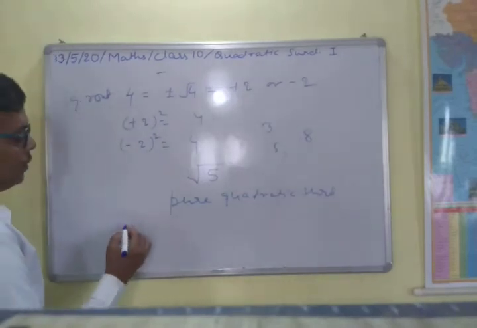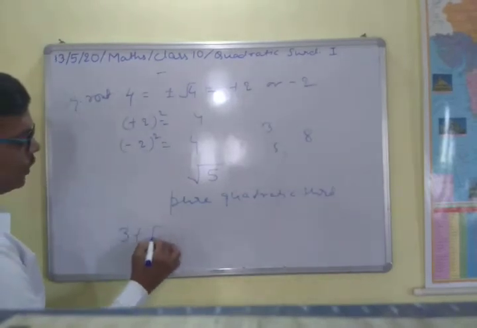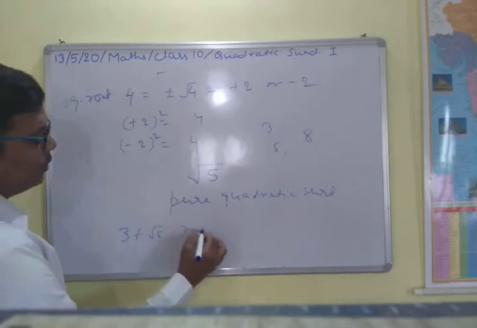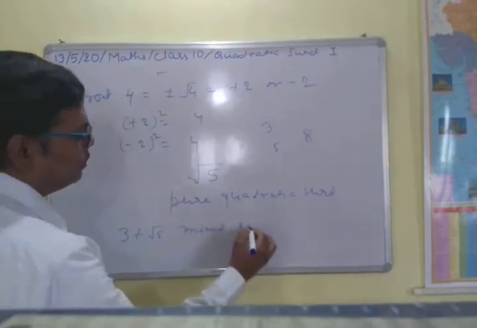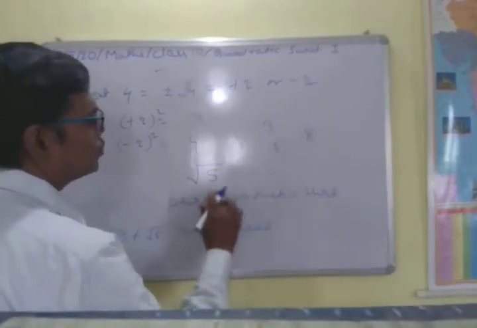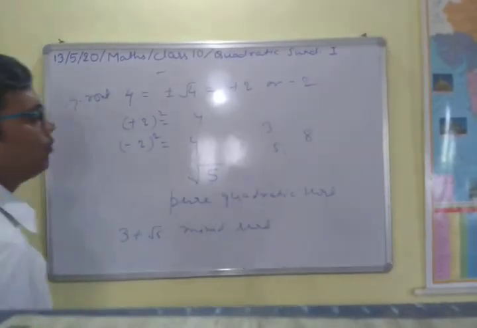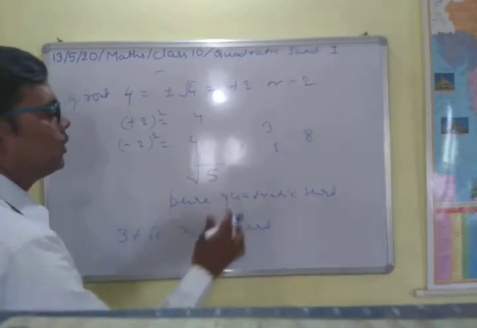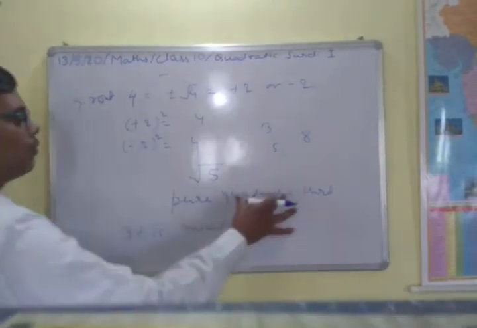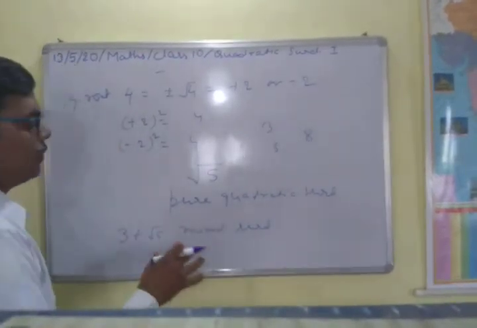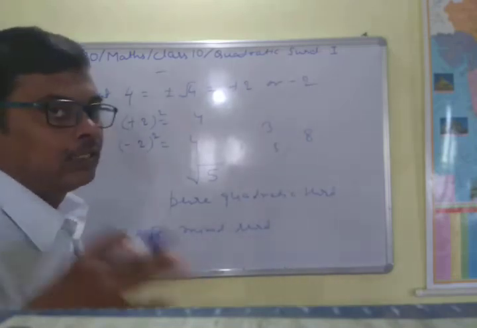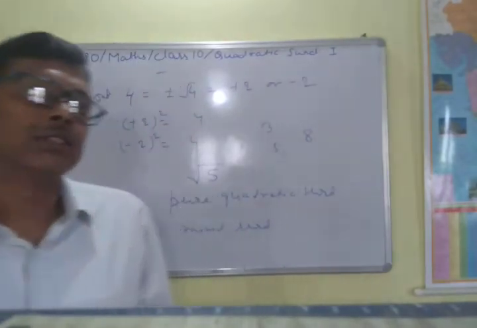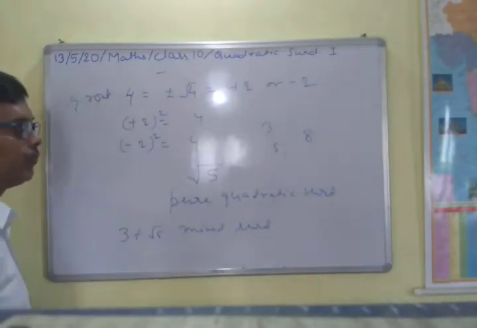Okay, and if you write like this, suppose 3 plus root 5, then this will be called a mixed surd simply. Here this quadratic has some meaning, because in this chapter we are dealing with only the square root. That is why it is called quadratic. So we can also drop this word and say that whenever we say surd in this chapter, it means the quadratic surd, because surds are of many types also.